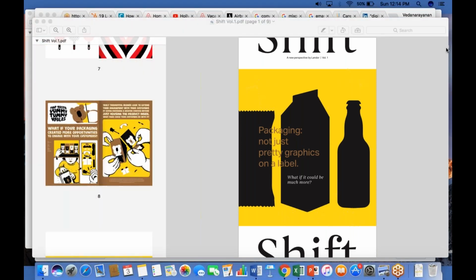This magazine is sent out to all existing leads, previous customers, prospects, and so on. Plus, for downloading the magazine from the Landor website, consumers actually have to give up their lead information. So it's both a lead generation source, and also a very good engagement magnet, a content collateral for Landor to engage with its existing pipeline of prospects, leads, and previous customers.